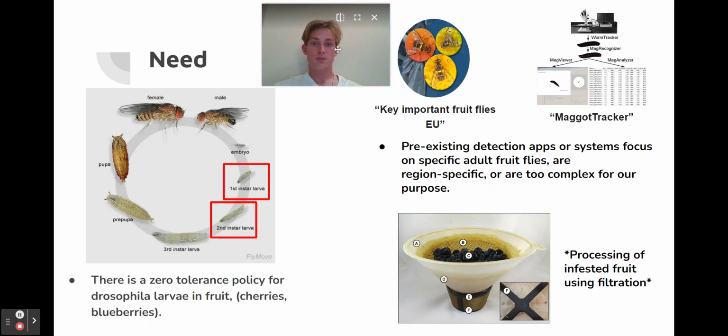The whole necessity for this project stemmed from the fact that you can't sell fruit with fruit fly larvae inside of them. There is a zero tolerance policy for it. Because of that, certain control measures have been integrated to help prevent the spread of this larvae. However, the analysis of how effective each of these control measures are depend on how many larvae are still showing